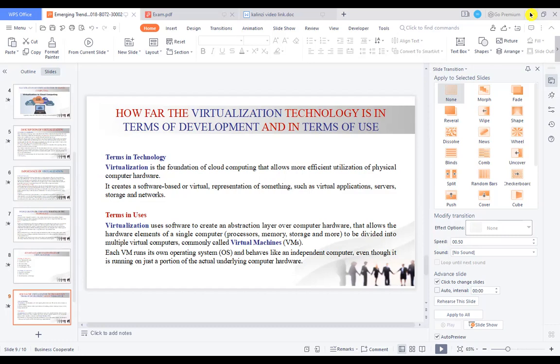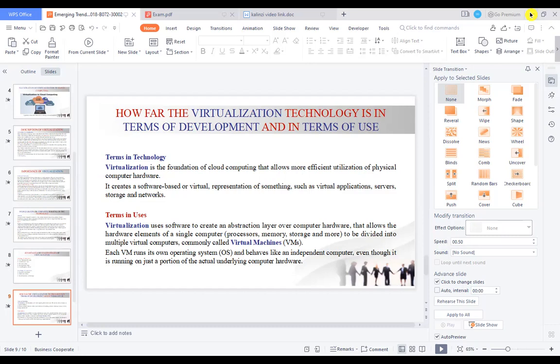So here, virtualization just uses different kinds of software programs to create application software which helps the user to perform tasks or satisfy users' needs.